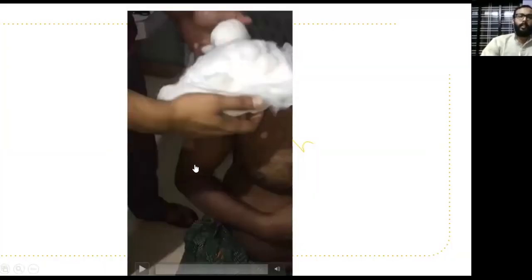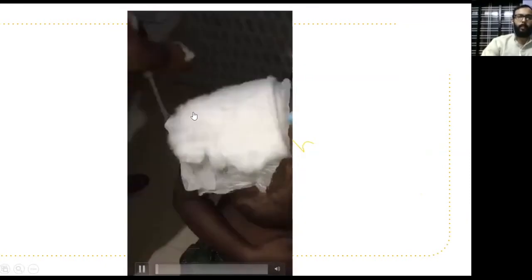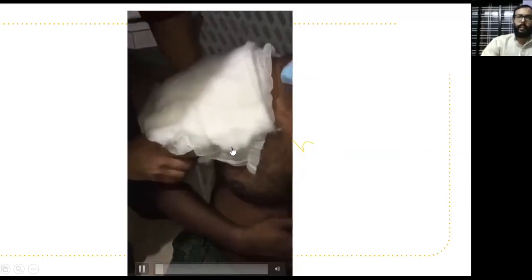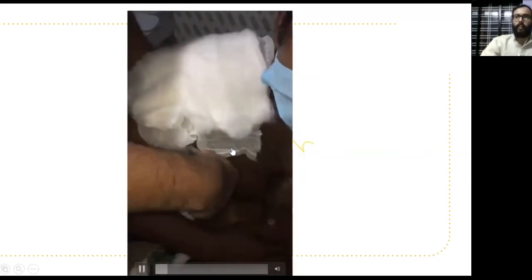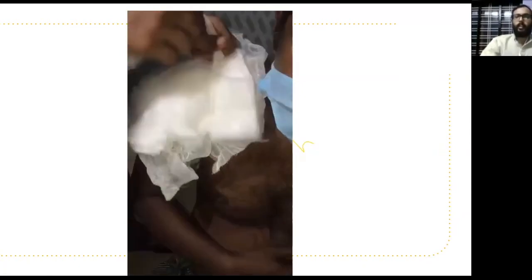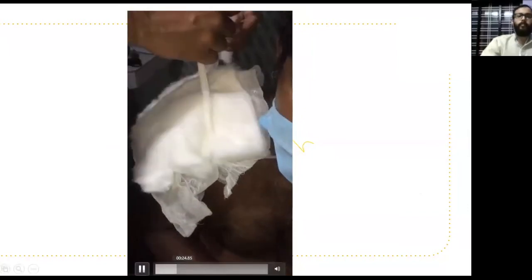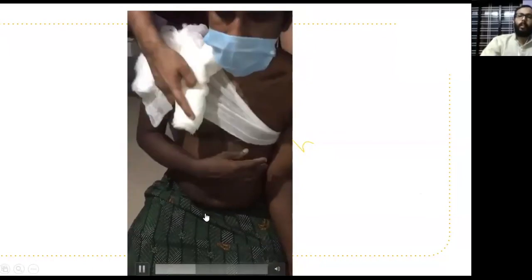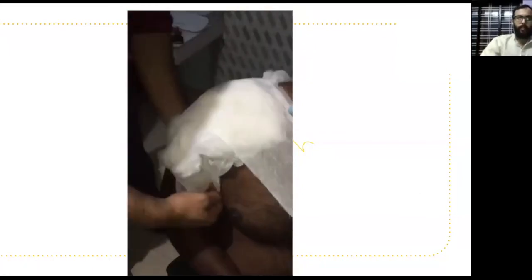You can see the bandage of this particular patient. This is a shoulder spica bandage. A pad is applied over the shoulder. A ball is kept inside the axilla to keep the shoulder in a functional, slightly abducted position. The ball is placed inside the axilla. You can use either gauze or cora cloth as part of this bandage, like this.